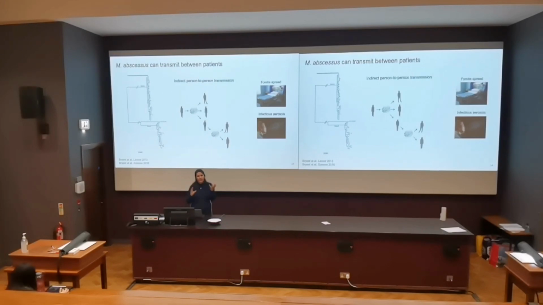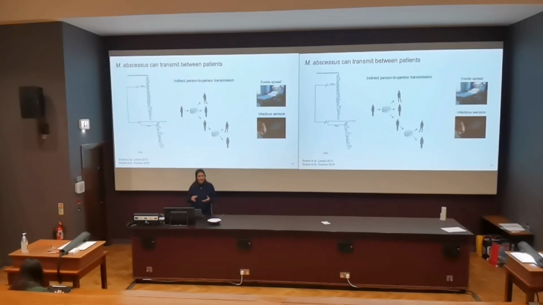And I had been doing work on TB genomics at the time, and it looked remarkably like TB, where we knew that transmission had been happening between TB patients. So we thought this was evidence of transmission, and this had happened for 11 out of the 30 patients infected with Mycobacterium abscessus in the clinic. The interesting thing is that there wasn't any evidence that any of these patients had any direct contact with each other. So we think instead it was indirect person-to-person transmission, and that perhaps they were transmitting it to each other